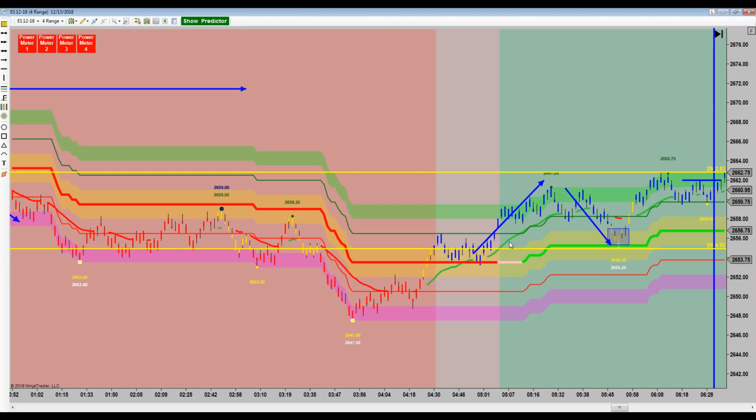You see this heading up, you look back here, 4 o'clock in the morning, 5 o'clock, it's heading up. And what's going through your head at 6:29 is, man, this thing's going to run 100 ticks. This is going to be the run of the morning, right at the open. You know what? I'm going to miss it. I'm going to be sitting here on my hands. And you pull the trigger and you get long right there. What do you think? It's going to be a big run, right?